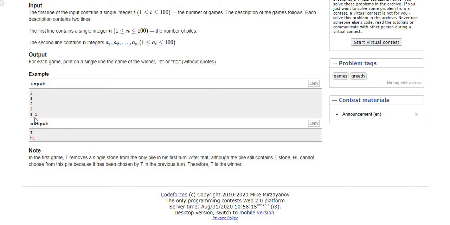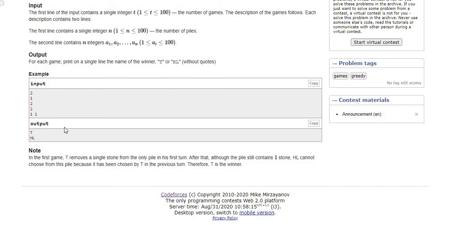It won't be an issue, because there is no greatest pile to pick, since both piles contain the same value. If he picks the first pile, it will now have 0 stones. Then at HL's turn, he will pick a stone from the second pile, so this also becomes 0. Now T comes, but there are no stones left. So T will be the loser and HL will be the winner.